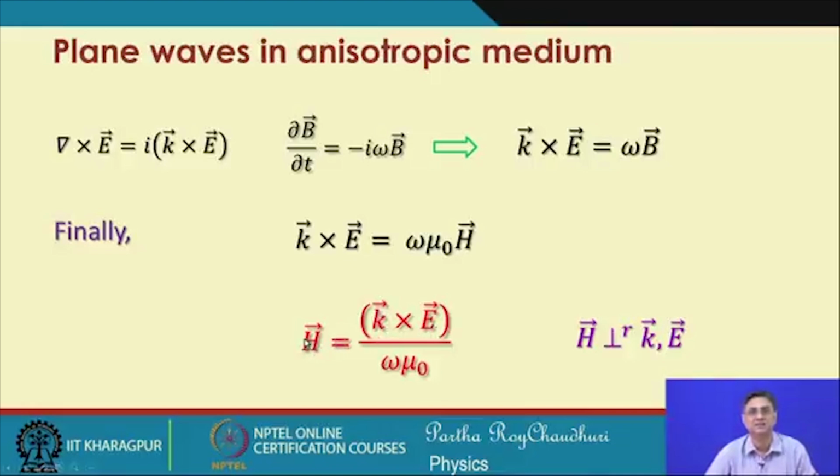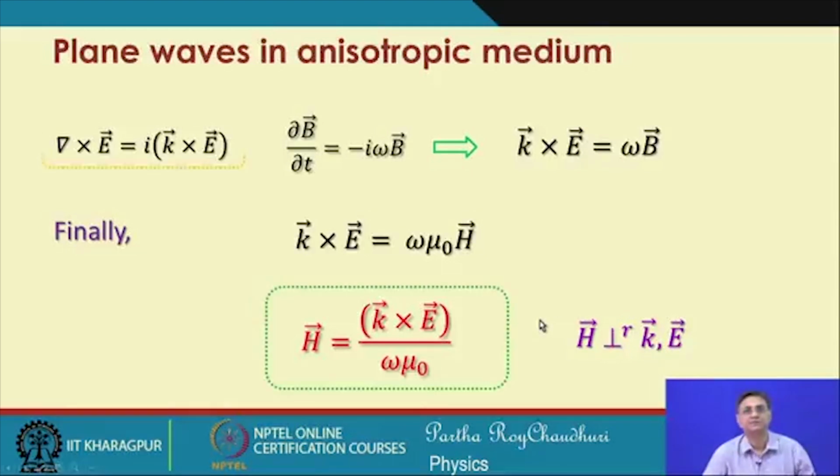That means H is perpendicular to both k and E, that is, the propagation direction and the electric field direction. But that does not mean that k and E are mutually perpendicular. We have to see how they follow this relationship, and to do that